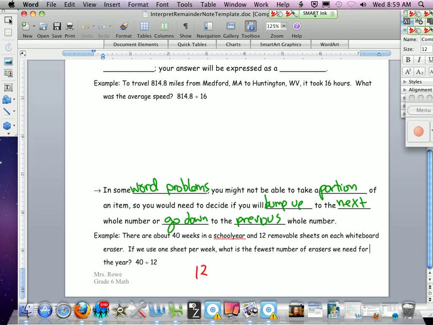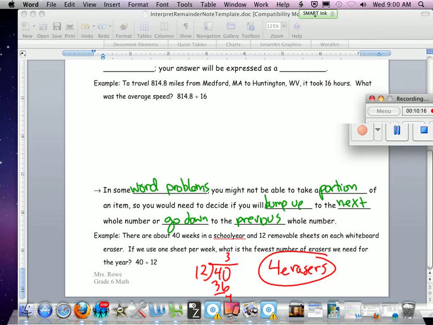So let's go ahead. You can turn it sideways if you want, but hopefully we know 40 divided by 12 is going to give us just a 3, with a remainder of 4. So how many erasers do I need to get in order to make it through the 40 weeks of school? I need 4 erasers. If you're ever not certain, try it out. Well, 3 times 12 will give me 36. Nope, that's not enough, so I need 4 times 12 to get 48. So again, you're going to be seeing lots of these on